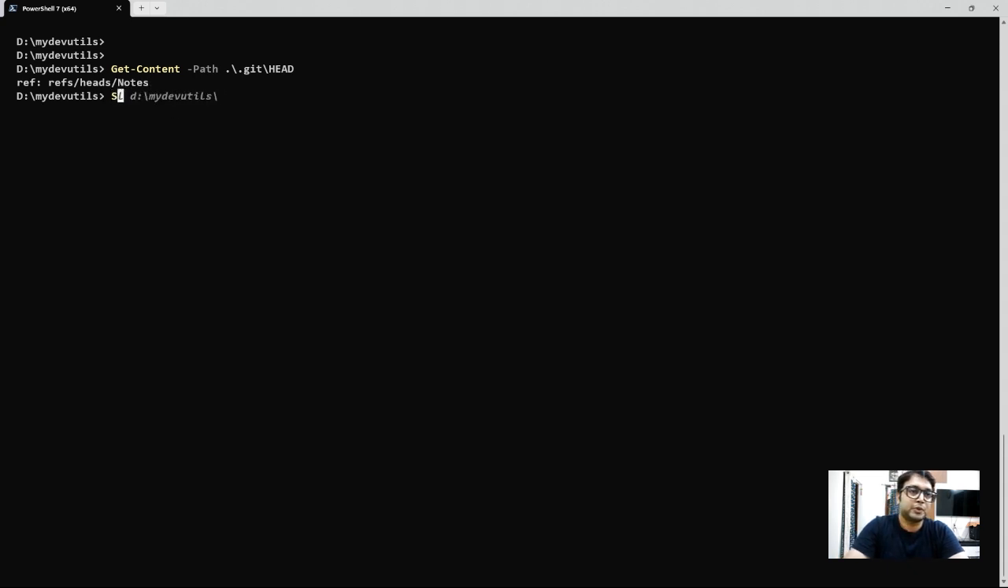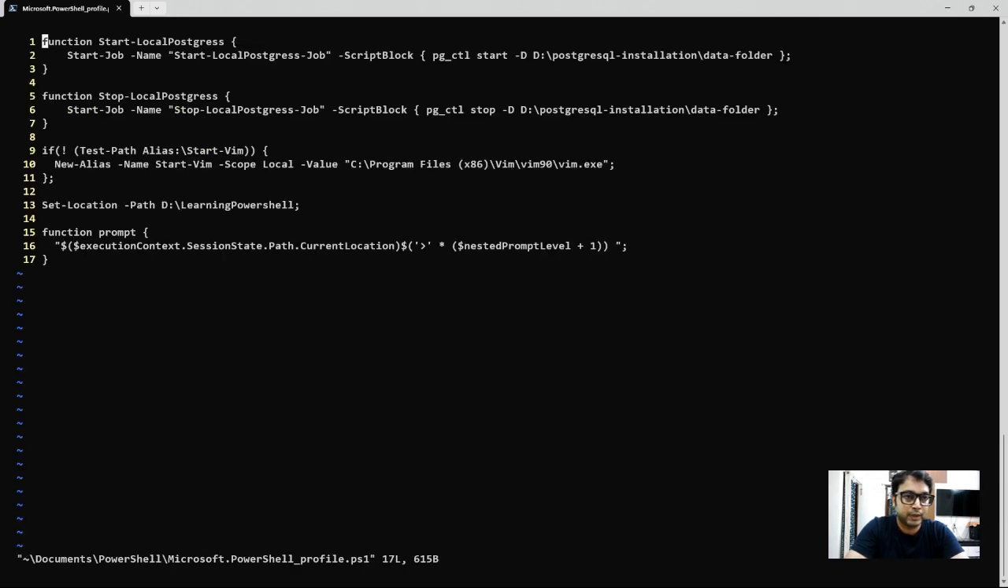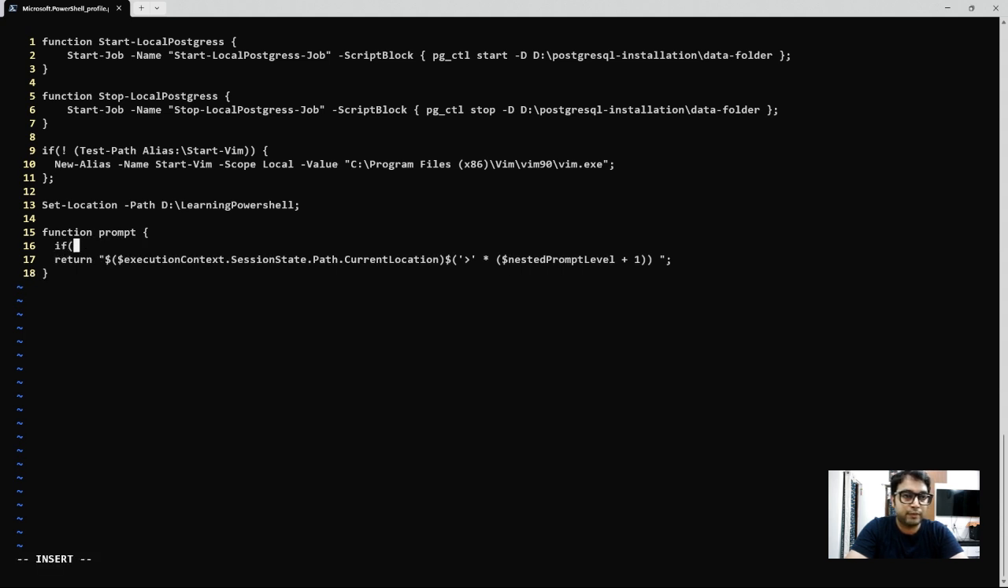So let me switch back to the non-Git repository folder. I will open the profile and I will say this is the default case. Then I will say if test path $git head,